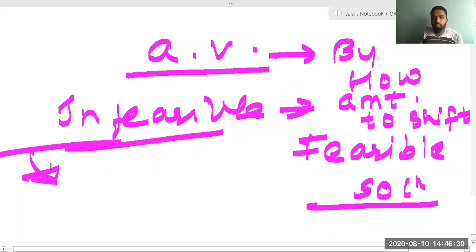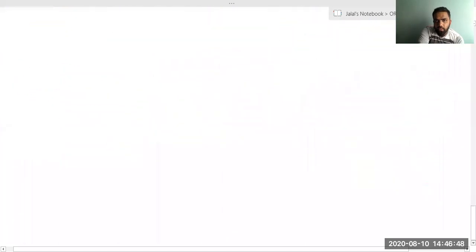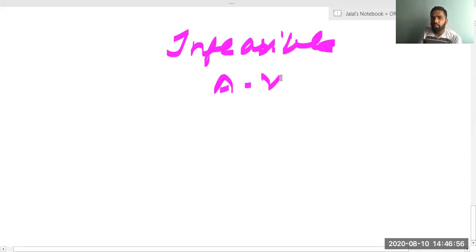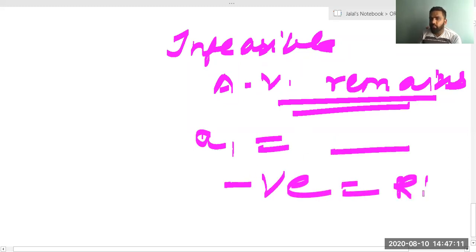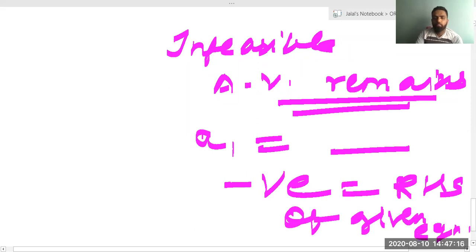If you understand the graphical method, it will be much better for you to understand simplex also. We are just ending the lecture. I am expecting you to understand that the solution was actually infeasible, and it is infeasible because the artificial variable remains in the solution. If you want to remove the artificial variable from the solution, you have to subtract whatever artificial value you are getting from the RHS of the given equation where you have put the artificial variable. Okay, is it okay? Thank you.